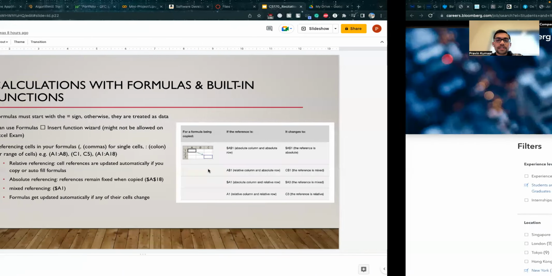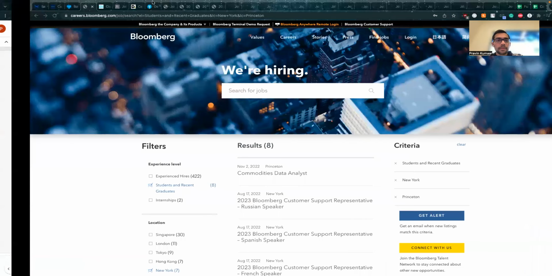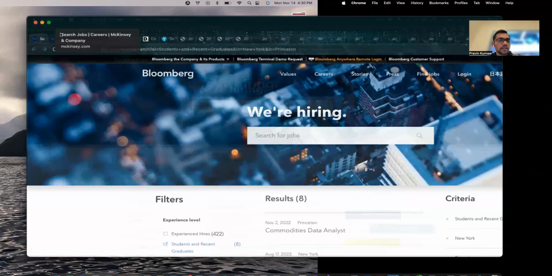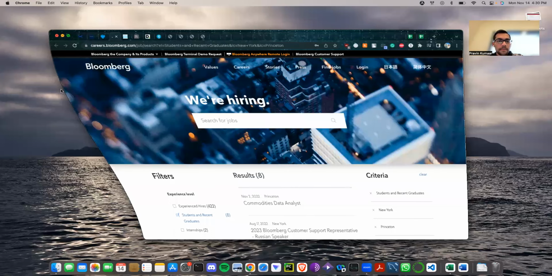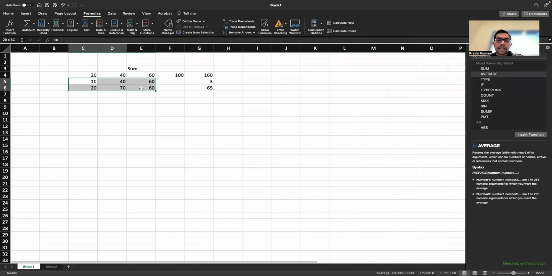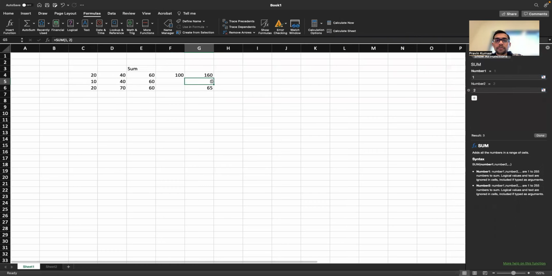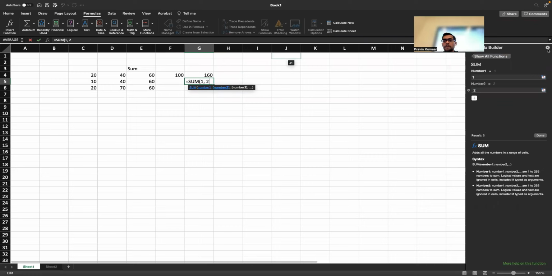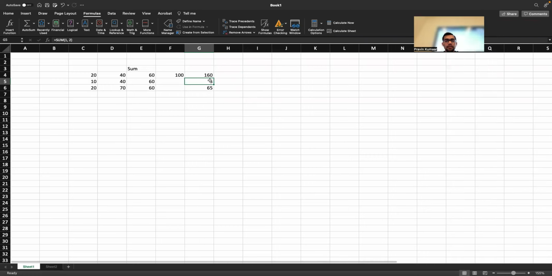Yeah, you can do colons too. You can use colons to select multiple things. So say, for example, I'm selecting all of these. Let us type our own formulas to get used to it. I would do something like